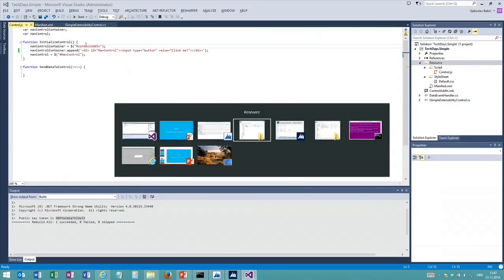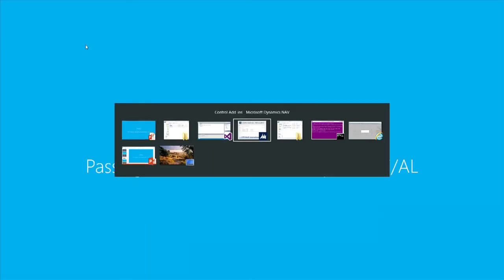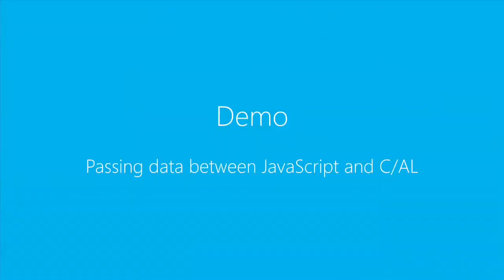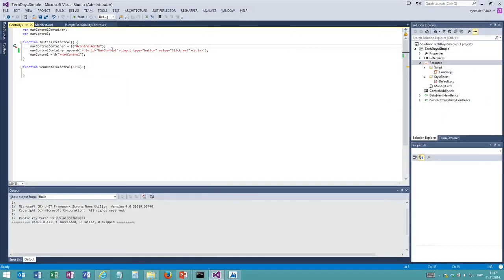I will close my development environment and my RoleTailored Client, and I'm going to open the development environment again. So let me change this here. Let me change this from input type button, click me, to input type text. And then value is not going to be click me. I don't need any value, but I need onchange, and then I will invoke a method. So I will say